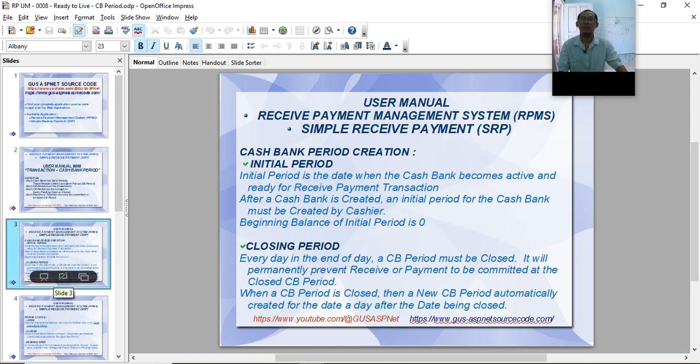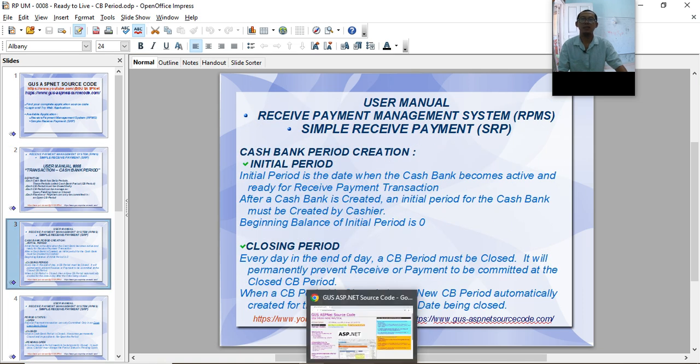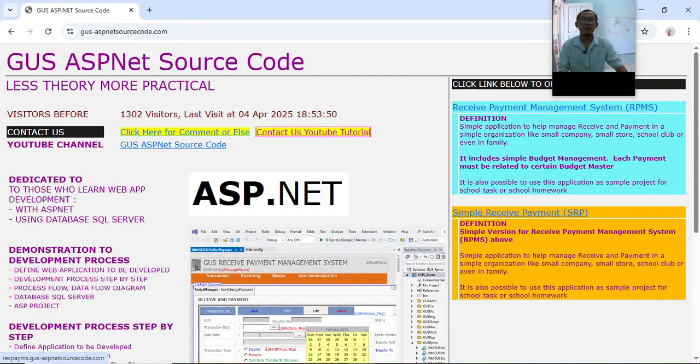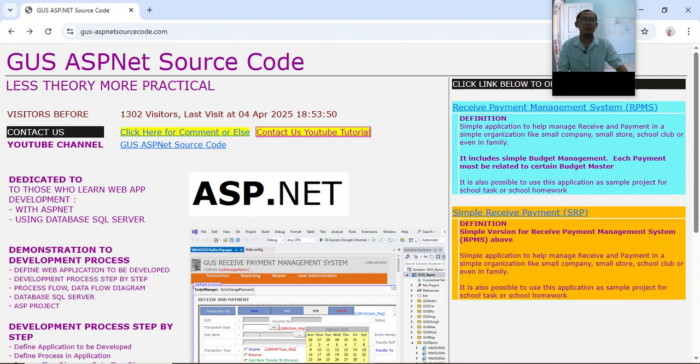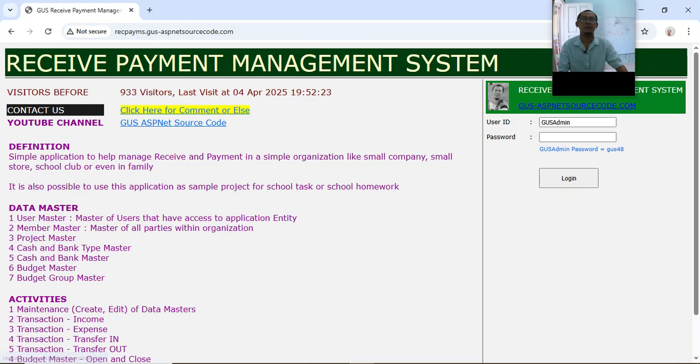Now let's open our application. This is the receive payment management system. Click it, then log in. Type in the password as goose48, or you can leave it blank because this is a demo version.